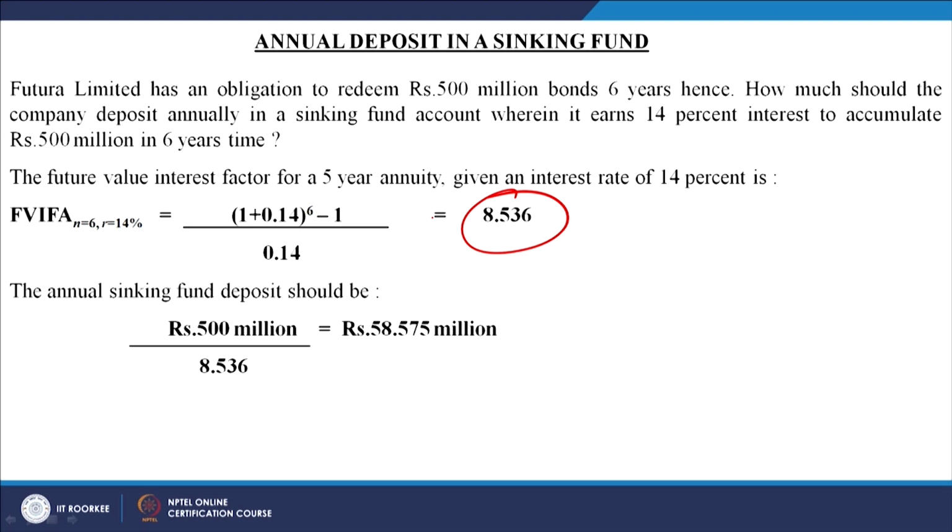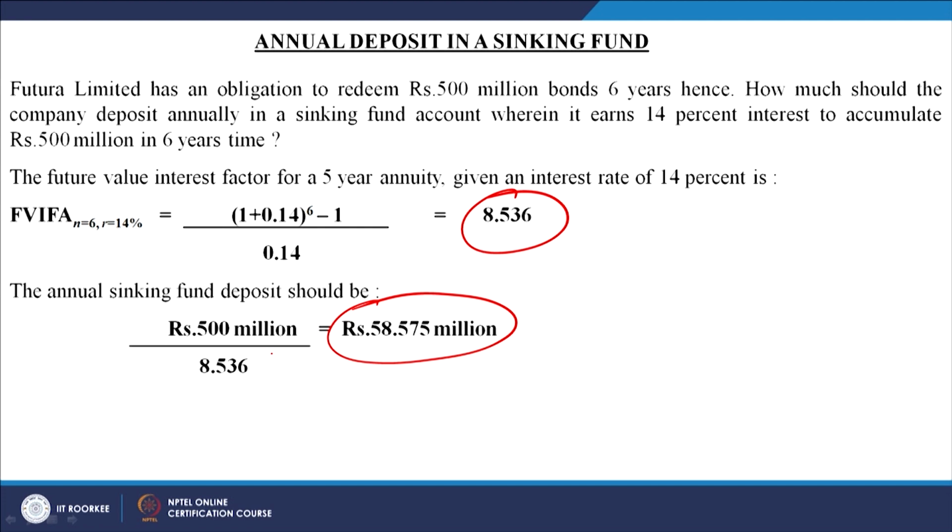that you got this factor for a period of 6 years, we have charged the interest because the amount of the funds will be available. We are liquidating this annuity at the end of the 6th year, we will be liquidating it. So we will be calculating this for the period of 6 years. So it means if you try to find out, this factor has come with us, and if you divide the 500 millions with this factor, so it means this amount comes up as how much? 58.575 million rupees you have to save to collect a total amount of the 500 million rupees.